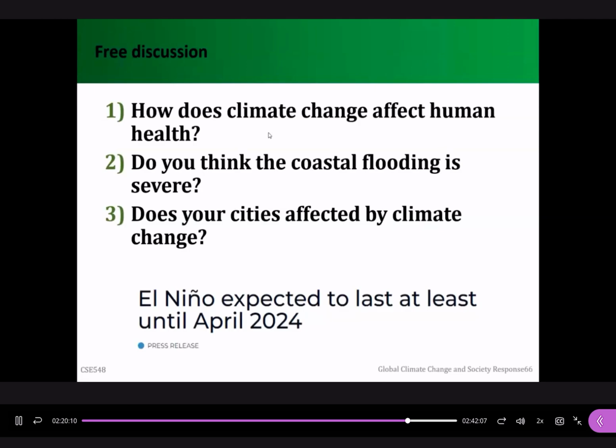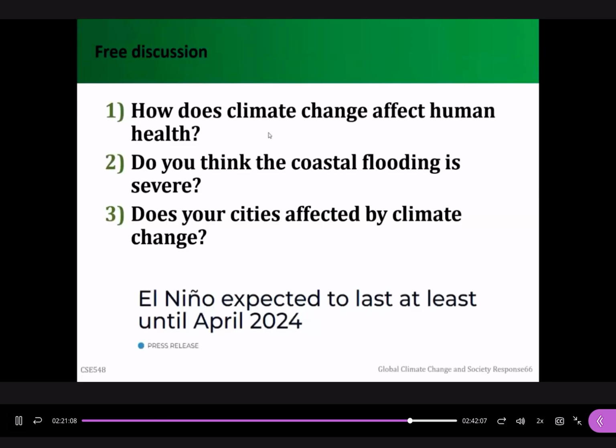Heavy precipitation may cause some flooding of the lands, so it will threaten human health. This is the physical parameters. Climate change will also cause crop failure and reduce crop production. So for some poor regions, people may suffer from starvation and not have enough food. This can affect human health, especially for the kids. These are two reasons. Another one is diseases, new diseases or the expansion of diseases, so more people can be affected by different kinds of infectious diseases.